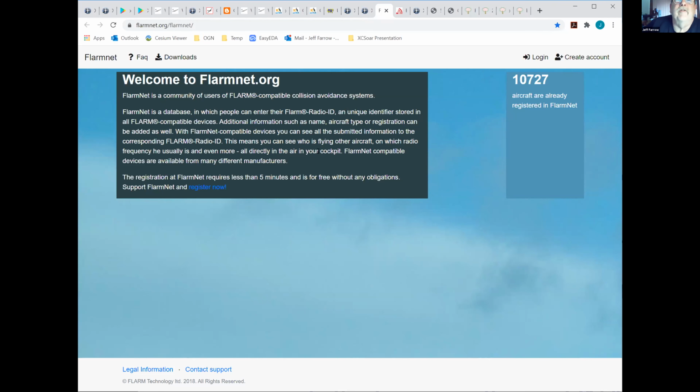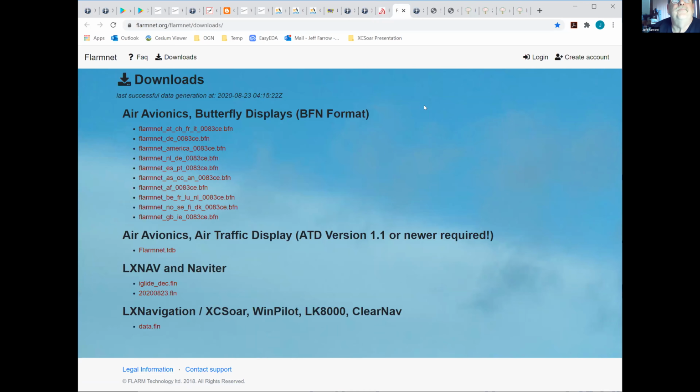You could go and register your Flam there, and when you have, you can download the data for XCSoar. It's down the bottom here, data.fln, and that will include all the gliders in the world that have actually put themselves on that database. There are about 11,000 of them at the moment.